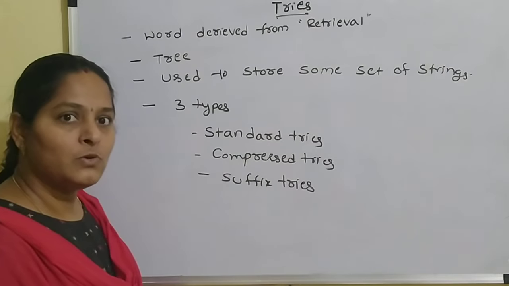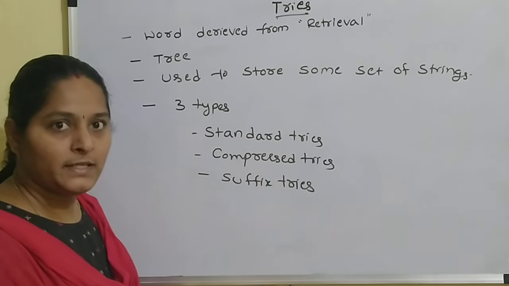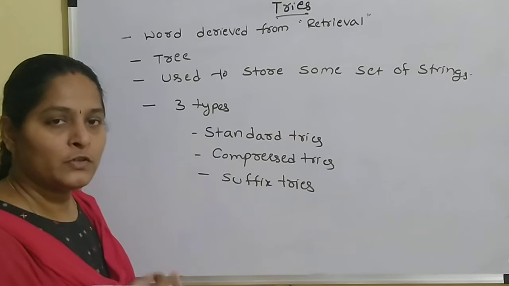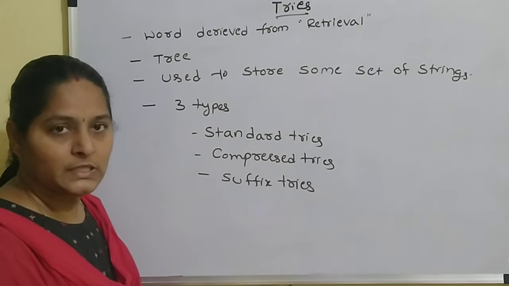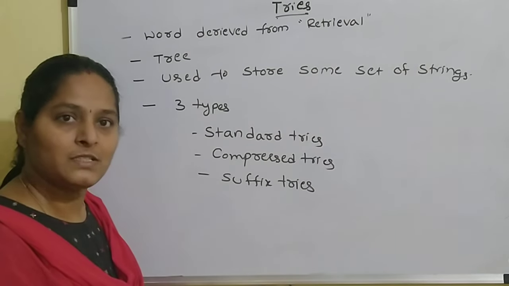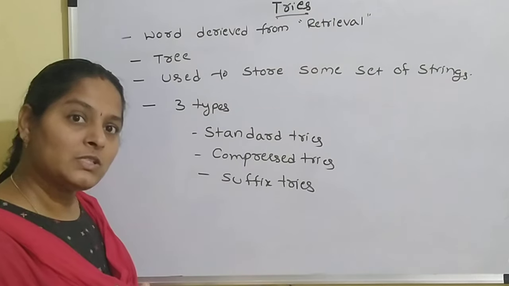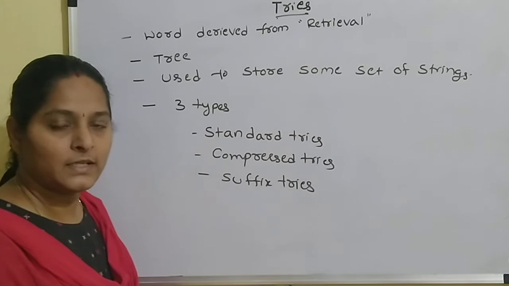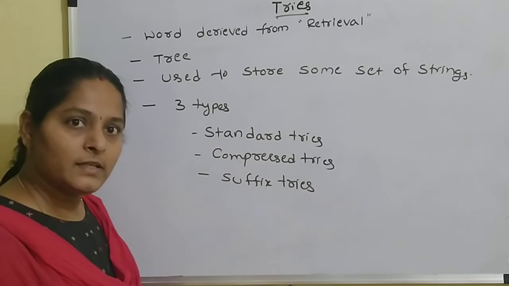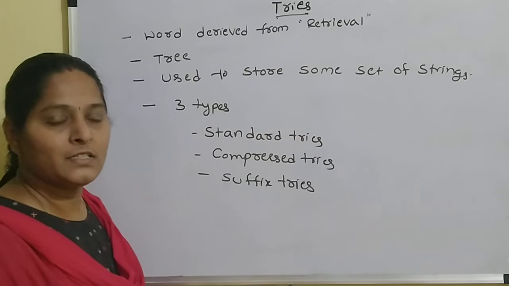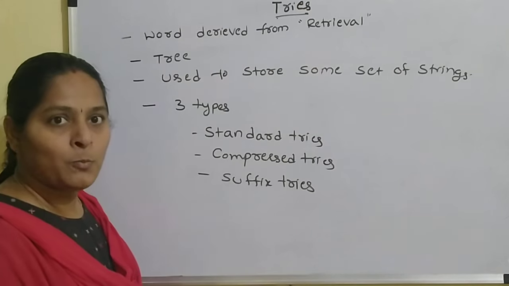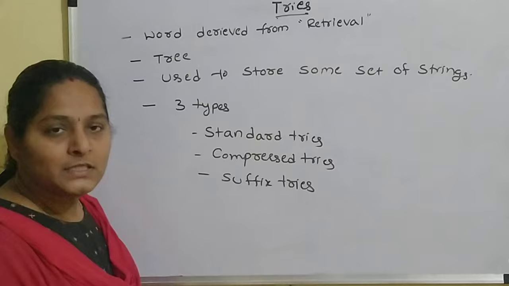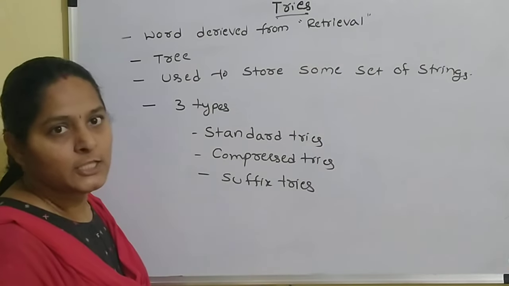In a dictionary also, if you want to search for a string, how will we search for it? First of all, we take the first letter, and based upon the first letter we search in the dictionary. With that first letter, definitely we will see multiple words. Then we see the second character, and based upon the first two characters we search. Like that, we optimize the search process in the dictionary. So these tries are the best examples for implementing dictionary-like structures.